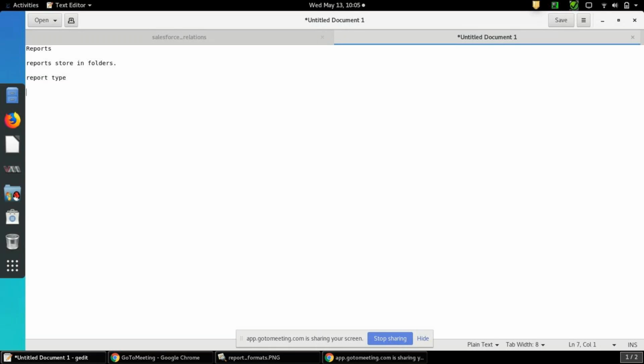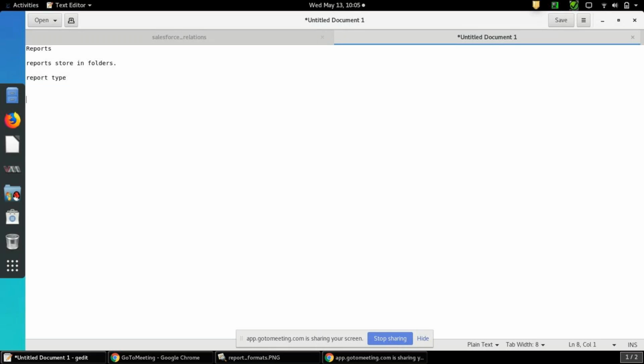But I want leads, accounts, contacts with related information. In that case, we have to go for report type. That means you can create a custom report type according to your choice, with the objects and information you want. Based on that, you can create a report type and use it like a template to create the report. I'll show you how we can create a report type.